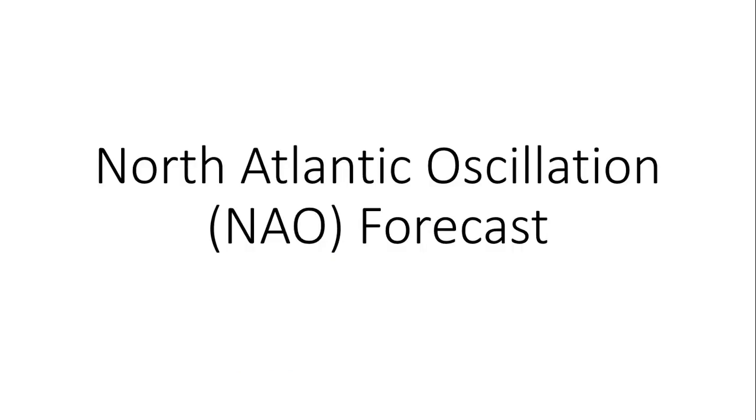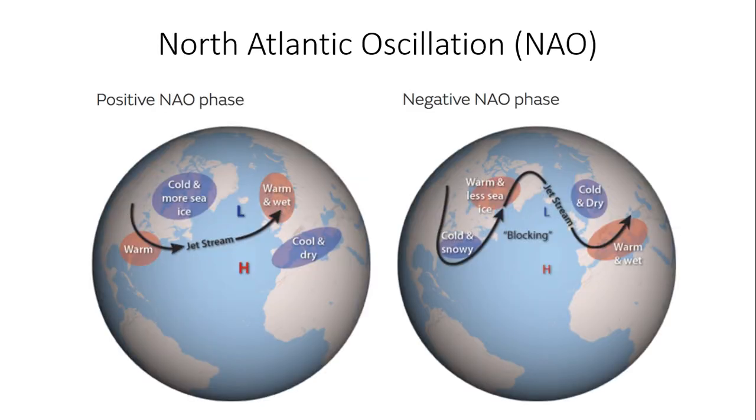So, Arctic Oscillation remaining negative. Really no change to that, even from last week's video that I did. So that indicates cold temperatures in the eastern United States. Moving ahead to the North Atlantic Oscillation, just like with the AO, the NAO has both a positive and negative